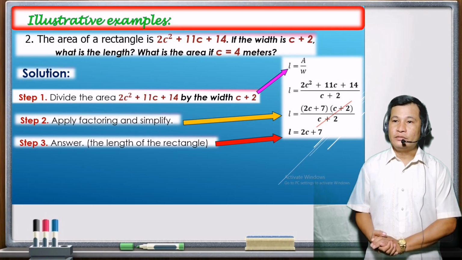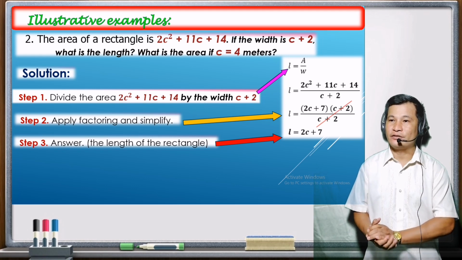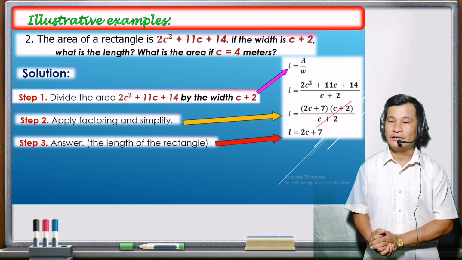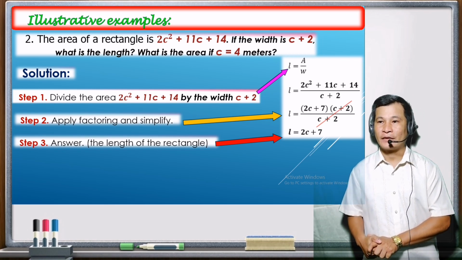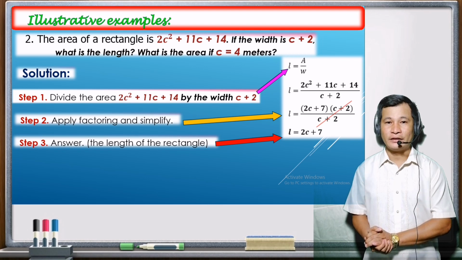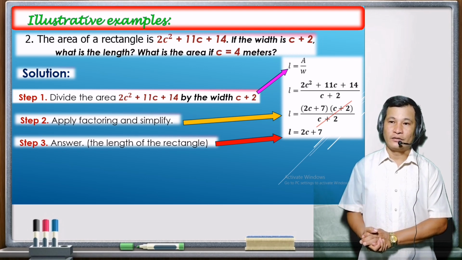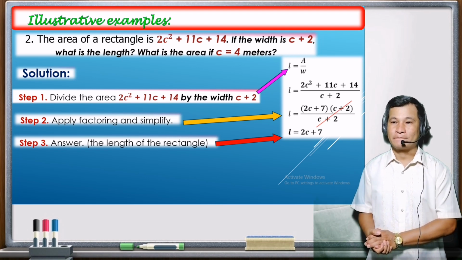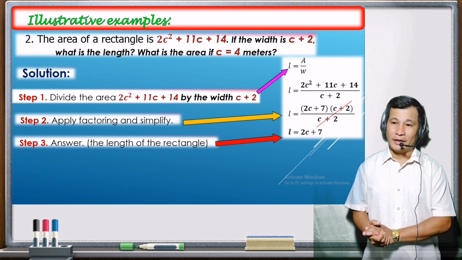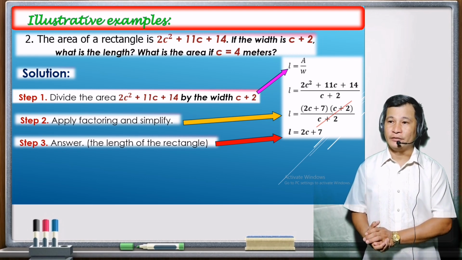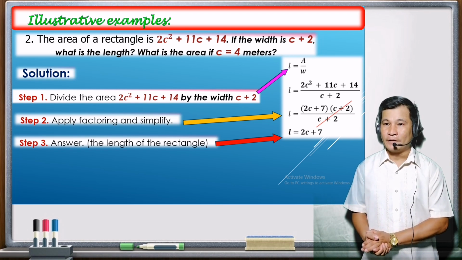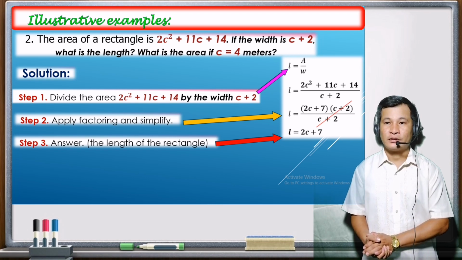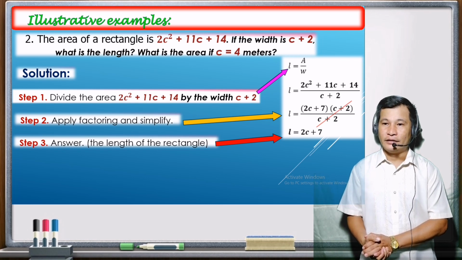Illustrative example number 2. The area of a rectangle is 2c squared plus 11c plus 14. If the width is c plus 2, what is the length? What is the area if c equals 4 meters? Solution. Step 1, divide the area 2c squared plus 11c plus 14 by the width c plus 2. Step 2, apply factoring and simplify. And then step 3,